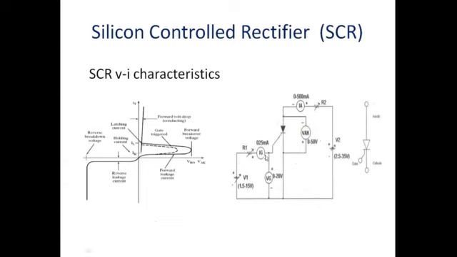I am injecting the gate current, and if you want to measure that current, we should use this current meter. This is a supply which is used to inject the gate current, so we connect this current meter in series. We are measuring the voltage between gate and cathode, so we require this voltmeter to measure the voltage between gate and cathode. You can use this current limiting resistance.